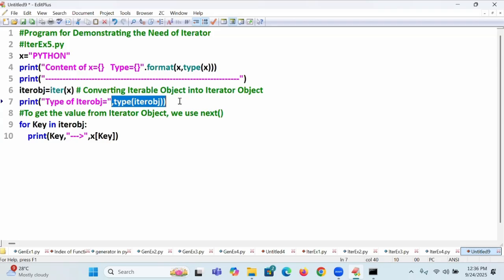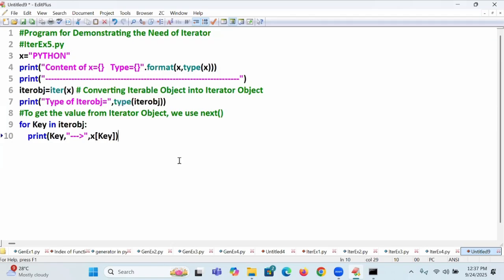ASCII is a character set followed by those programming languages which are available in English, like C++ will follow ASCII. Python will follow ASCII plus Unicode also. Since you are writing the code in English alphabets, Python will show you the English letters according to the ASCII character set. That is, 65 to 90 is capital A to Z, and 97 to 122 is small alphabets. That is the ASCII table internal codes. That is called ASCII actually.